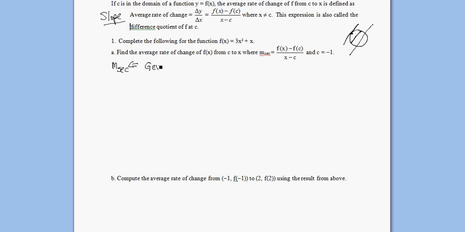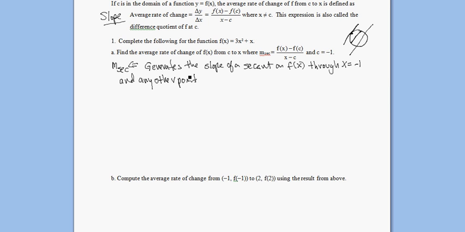a function that generates the slope of a secant on f of x through x equals -1 and any other point. So I have a visual that we'll look at that'll help us get a better understanding of